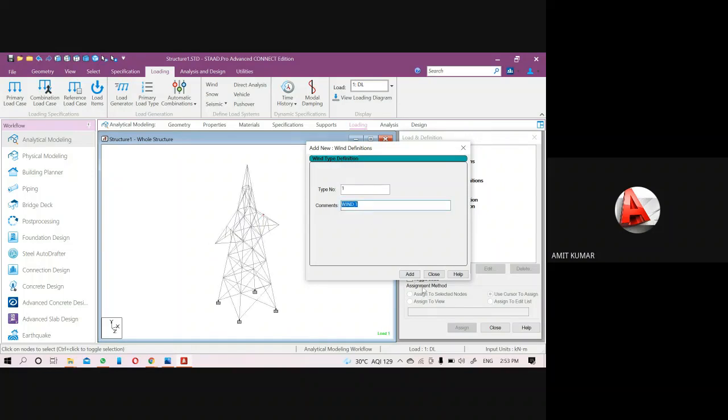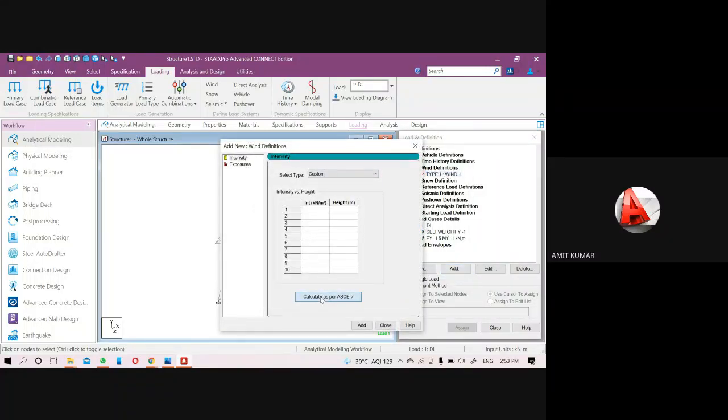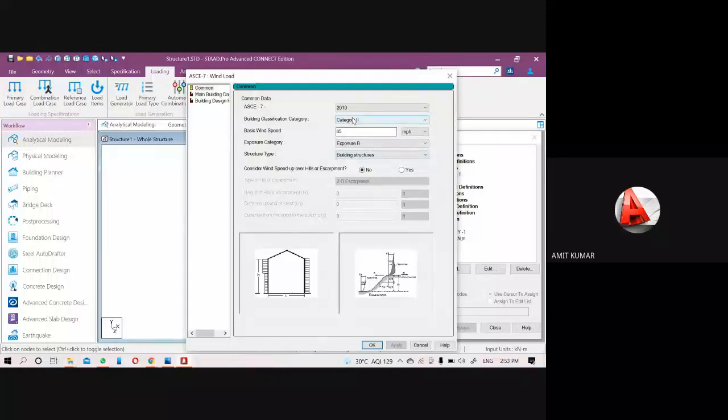So going to add it, come to the wind. Yeah, so calculate as per the ASC. Most of the electrical transmission towers are situated at category 1, 2, and 3. So I will pick category 2, that will be your open area with very few obstacles.